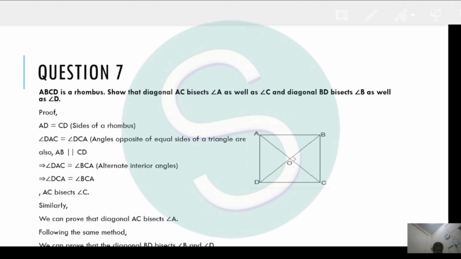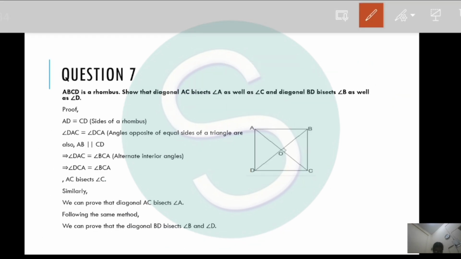So now we will move to next question, which says that ABCD is a rhombus. Show the diagonal AC bisects angle A as well as angle C, and diagonal BD bisects angle B as well as angle D. So हम क्या करेंगे, since हमें क्या given है ABCD is a rhombus, so AD is equals to CD,